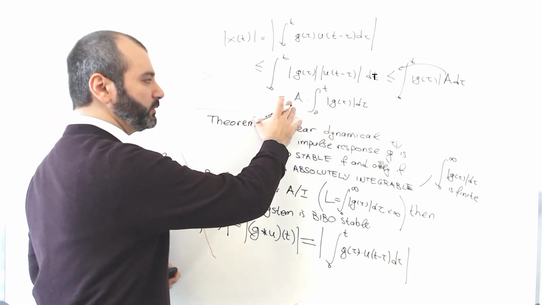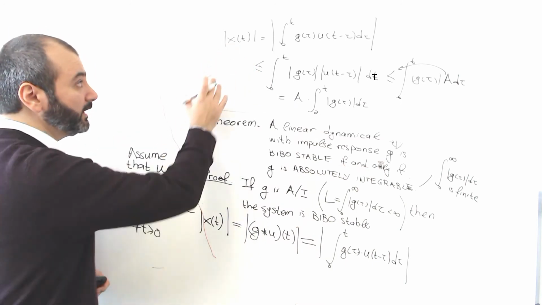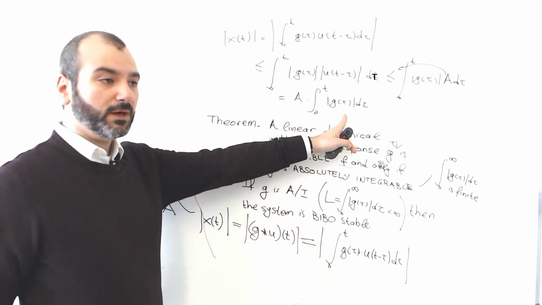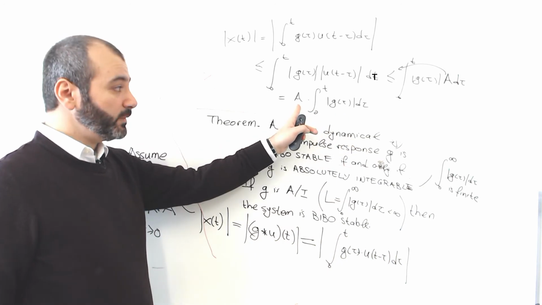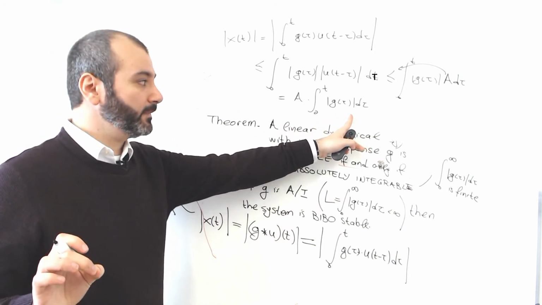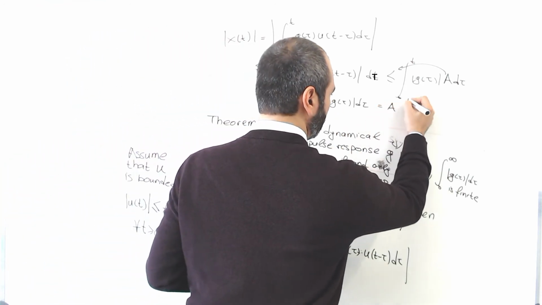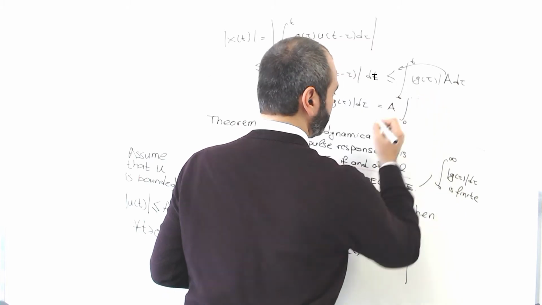Don't forget what we're trying to do here. We're trying to show that if u is bounded, then x is bounded. So far we haven't made it, because we haven't shown that this is below some fixed number. But this is an integral from 0 to t...